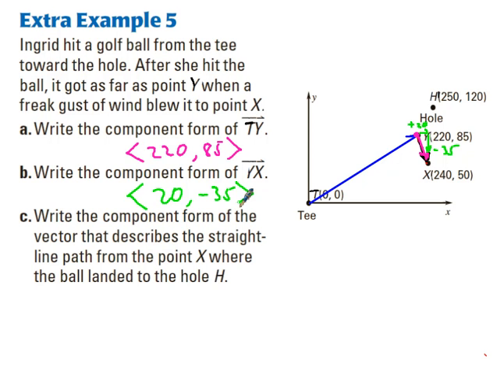And write the component form for the vector that describes a straight line path which would allow Mr. Waterman to get to point H from the point X. So he wants to go from, let's get this one in red, from X all the way up to the hole, well, that would be a hole in 2, I guess, huh? Because the wind blew it off course. So he's going from an X value of 240 to 250, so he's going over plus 10. So 10 to the right, and then he's got to go up from 50 all the way to 120. So that must be 120 minus